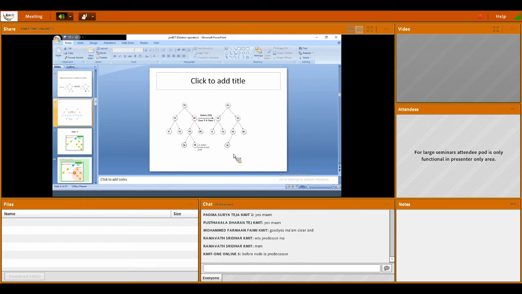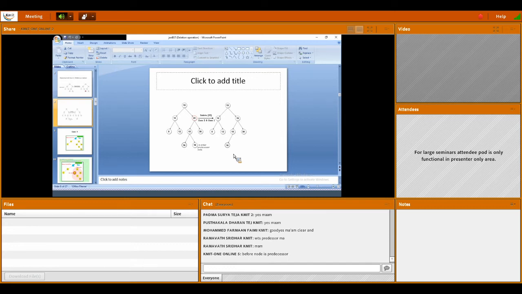Listen to this. Are you catching what I'm saying, or shall I repeat? Once again I'm repeating the things here. The first thing we are discussing is case 3. Case 3 means if we want to delete a particular node and that node has two children. If the node has two children, then identify it. If I want to delete 20, yes, 20 has two children, 18 and 30. Then if it has two children, we have to use either case 1 or case 2.